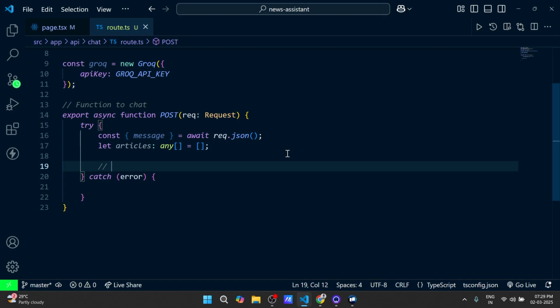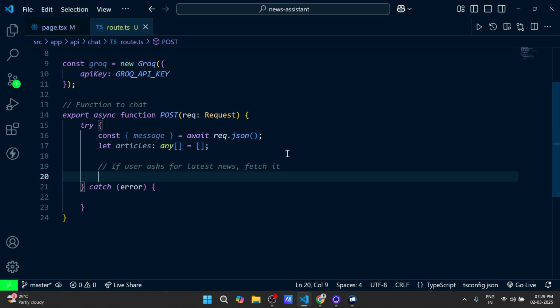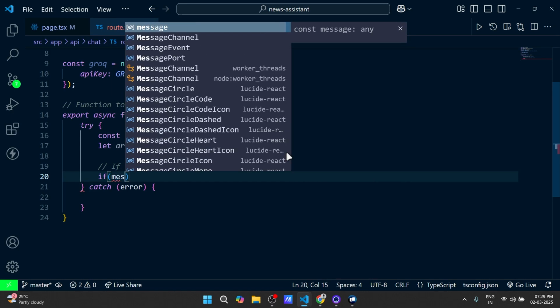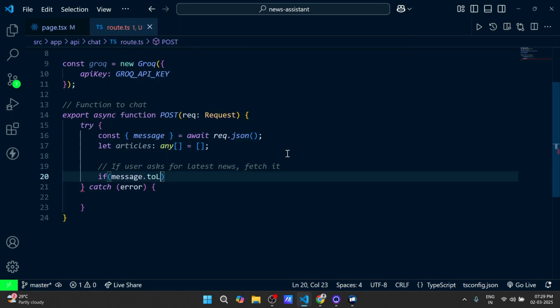If the user asks for the latest news, we have to fetch it. So we'll add: if user asks for latest news, fetch it. So if message.toLowerCase().includes("latest news"). Okay,